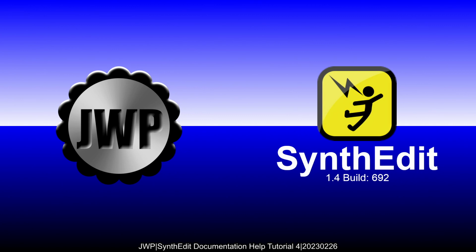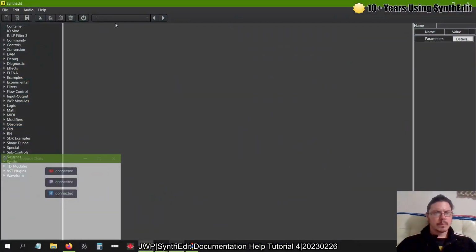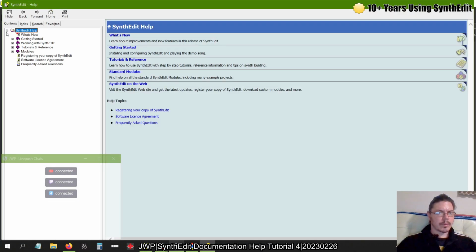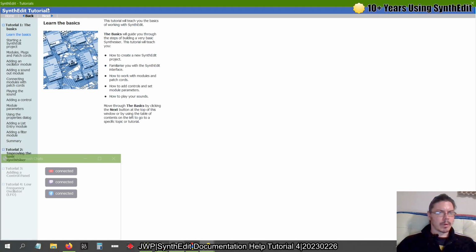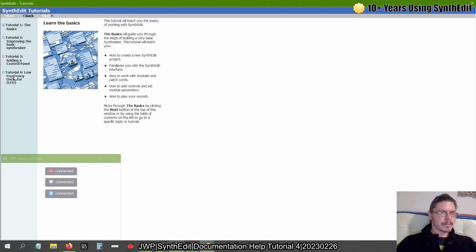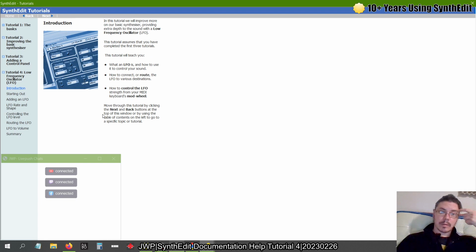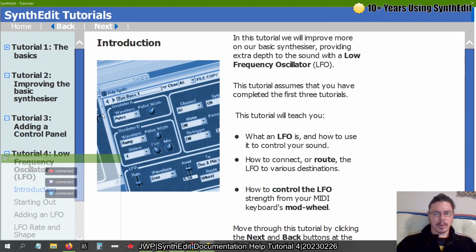So I'm going to go ahead and open SynthEdit. Go to Help, SynthEdit Help, and open up SynthEdit Help, Tutorials and Reference, SynthEdit Tutorials. Double click the banner to get it to go full screen-ish. Tutorial 4: Low Frequency Oscillator, LFO. Increase the size. In this tutorial, we will improve more on our basic synthesizer, providing extra depth to the